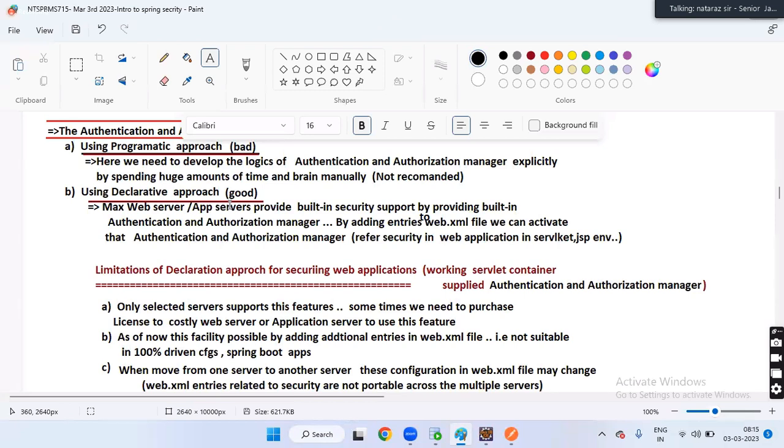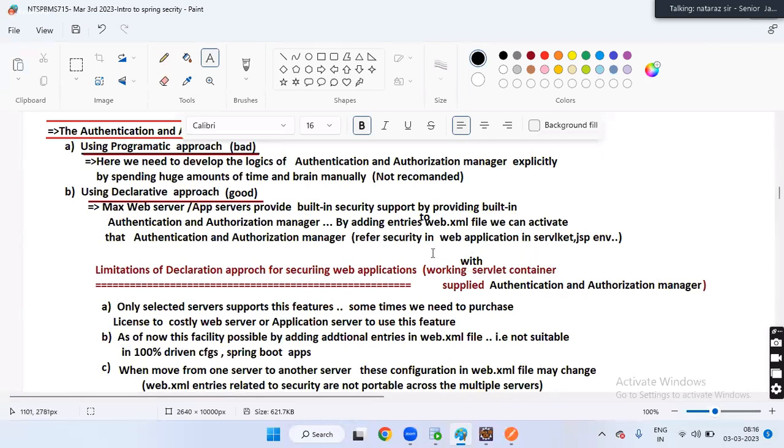Then why should we go for Spring Security? That means there are some limitations with Servlet JSP level security. Though it is declarative, some issues are there.